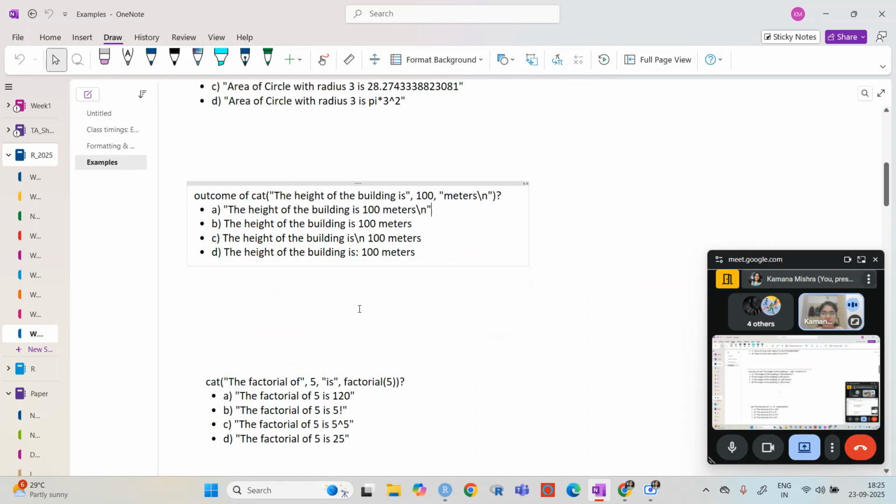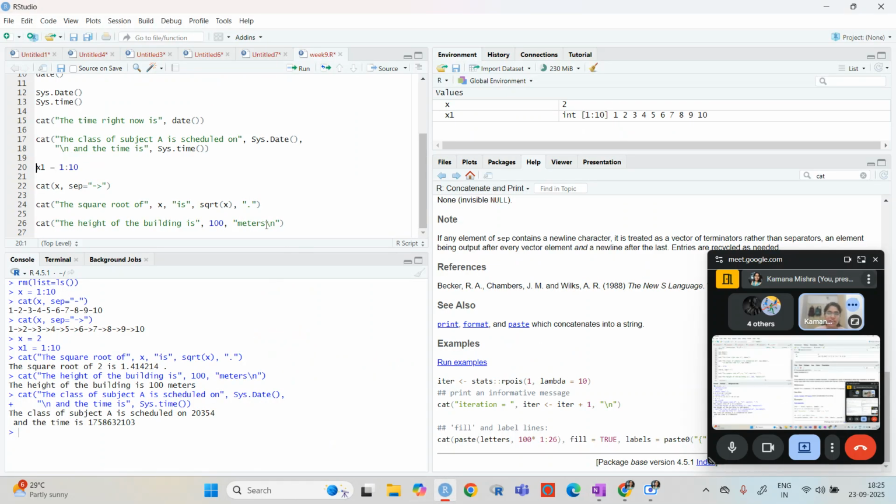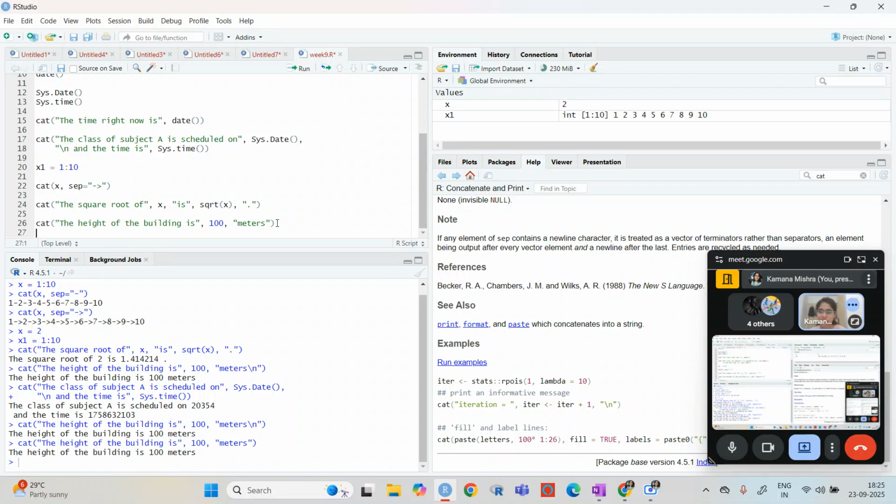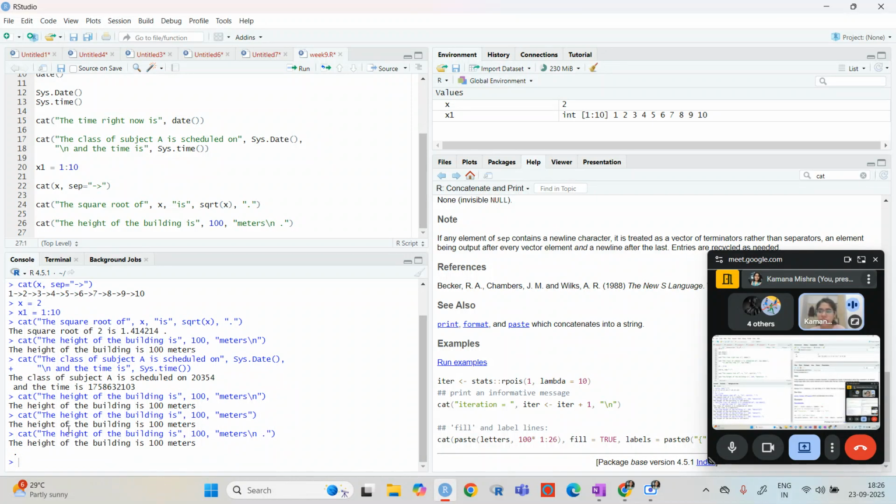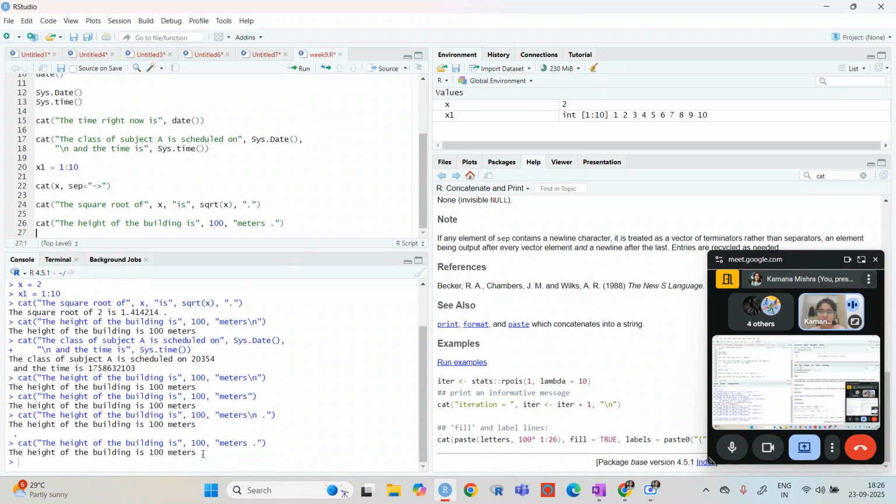But what difference will it make if I do not use slash n? Right now if I just run it, you can see that the height of the building is 100 meters. So just meters, slash n will not come. What will happen if I remove this slash n? No change, right? But if I want to write anything after that, if I just do this, then this dot will come in a separate line, whereas if I remove it, it will come in the same line.